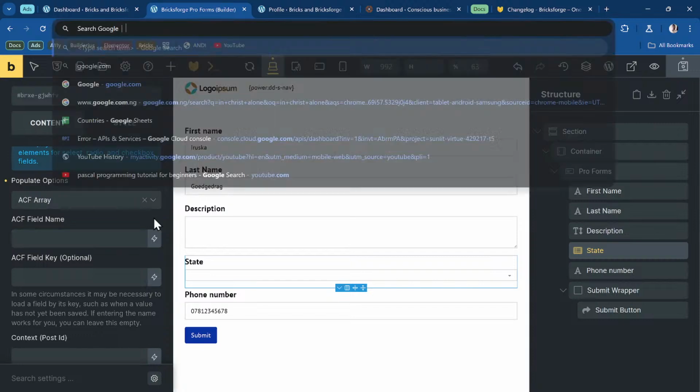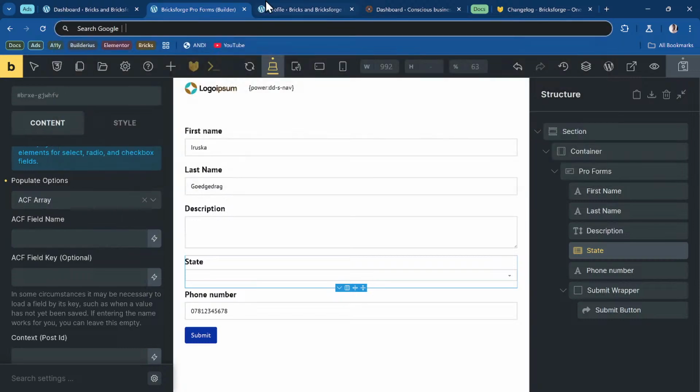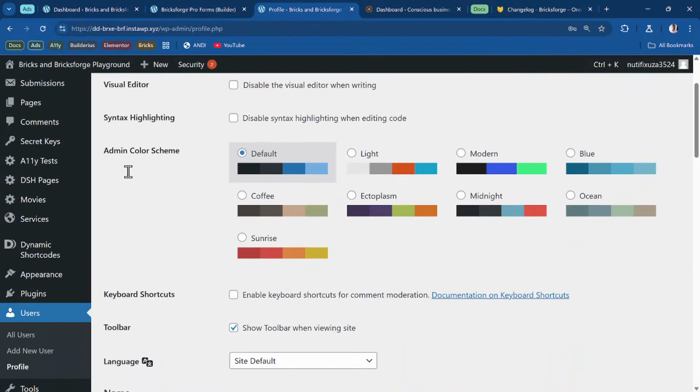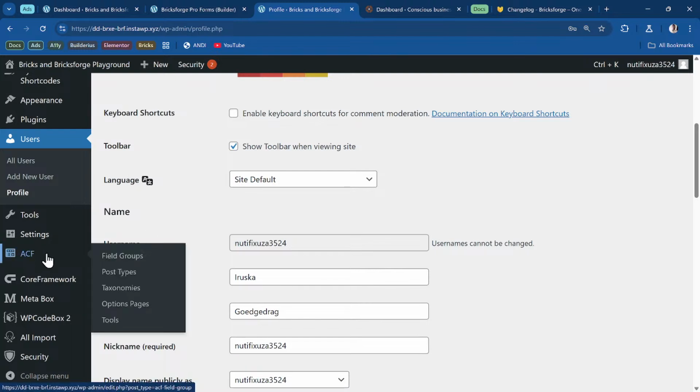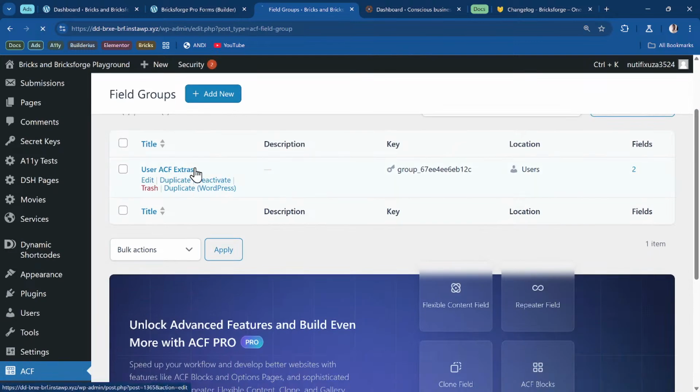What did I call it? I called it, let me see. Oh yeah, I disabled it, so I have to use the long route. ACF, and then field groups. I'll come under my ACF field extras,